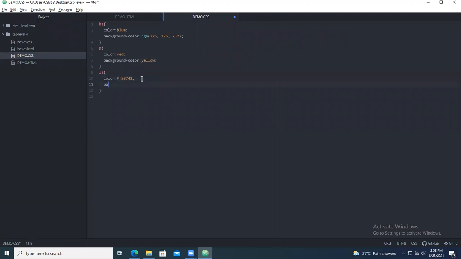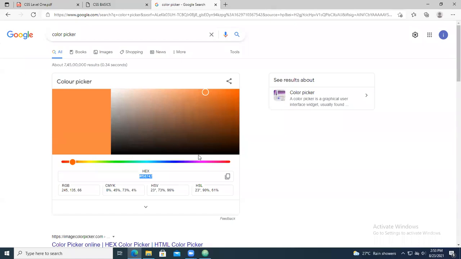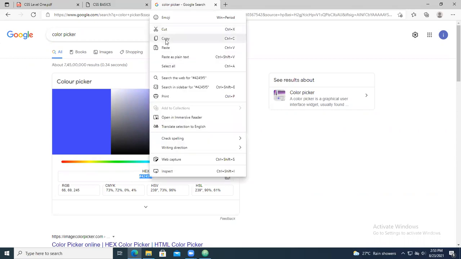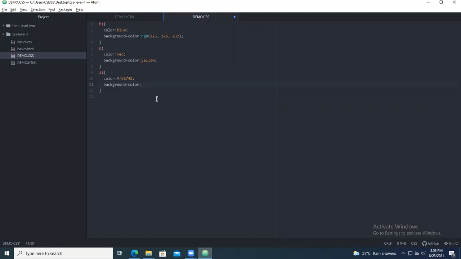So similarly, background color colon. So you can choose different background colors now. So if this is the case, I'm going to choose different colors like this. So under that you can go with this value. So go for copy and paste it here.